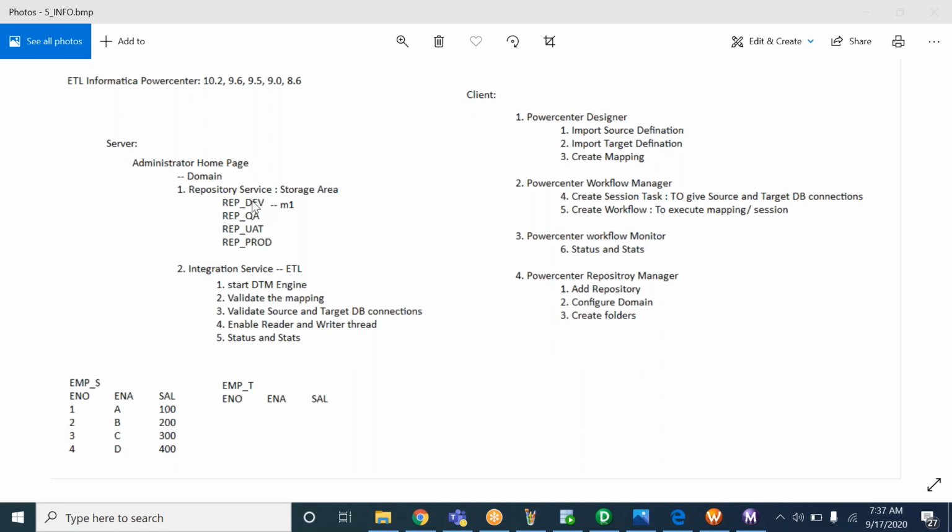For every new project, new product, or new category, prepaid is one category, postpaid is another category, we create a new folder under the same repository. We are not going to create a new repository. In the same repository only, we'll create a new folder.